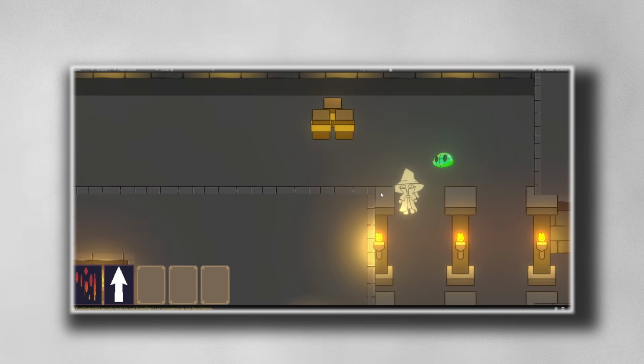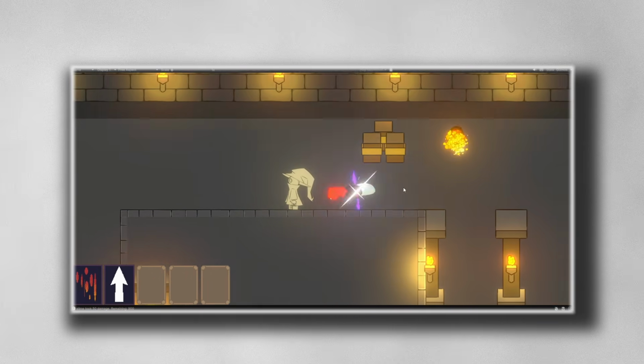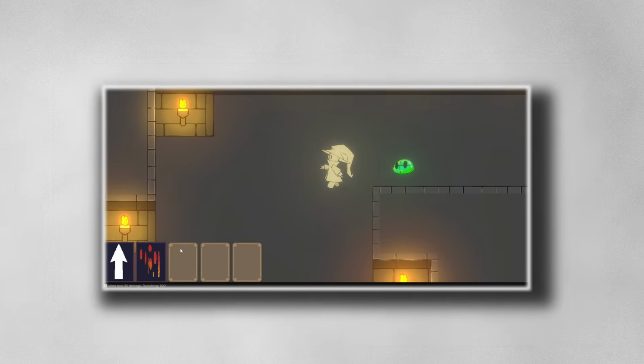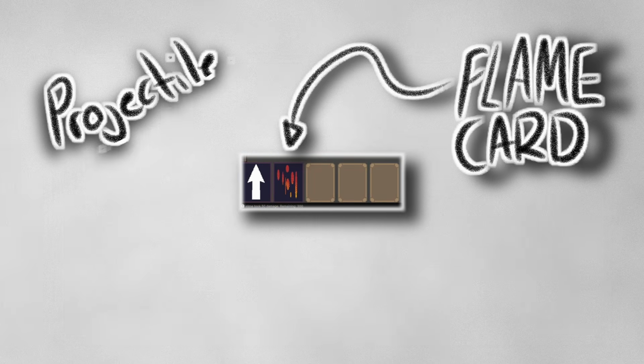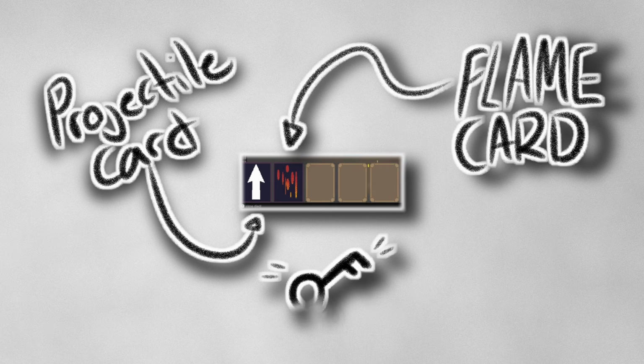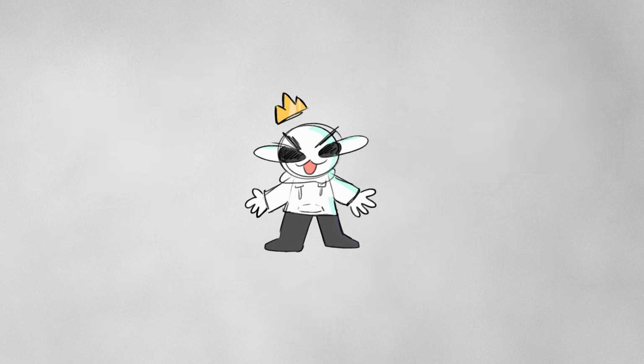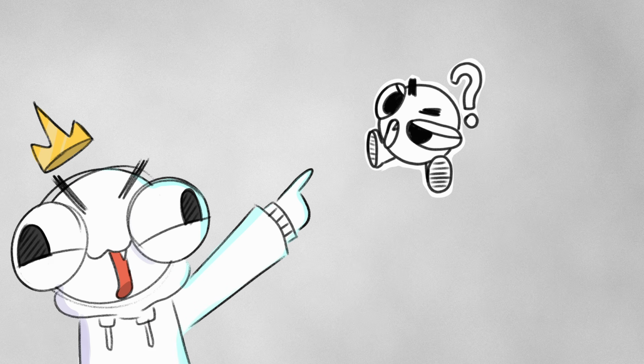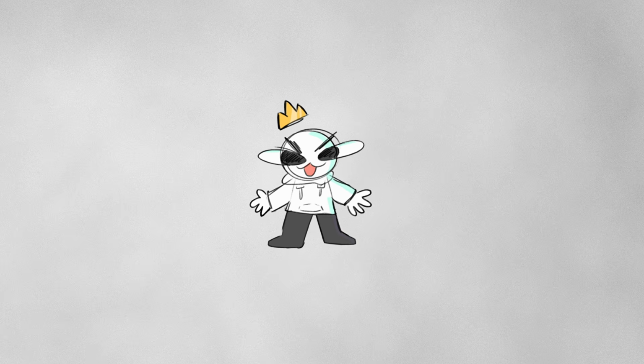In the last video, I shared my first version of the spellcasting system. It worked by combining different variables from spell cards that would generate a key, and that key would be used to cast the correct spell. Although that system worked, I and some of you guys also realized that for every combination of spell cards, we would need to have a spell prefab, which meant adding new spells was awkward, and expanding the system was painful, and it didn't really give me the design freedom I wanted.